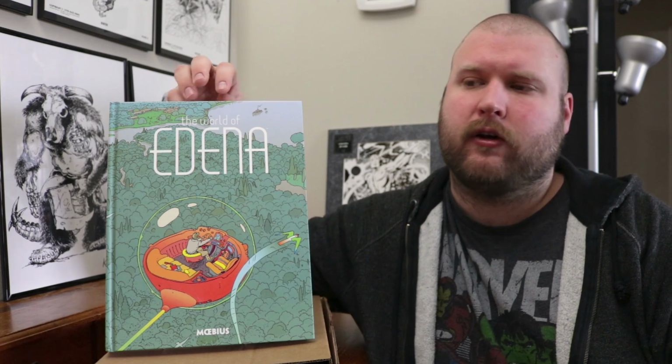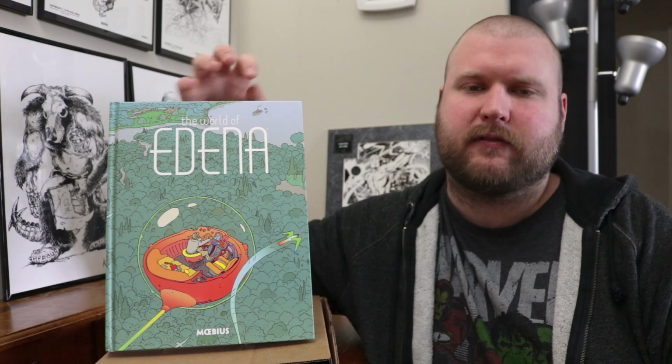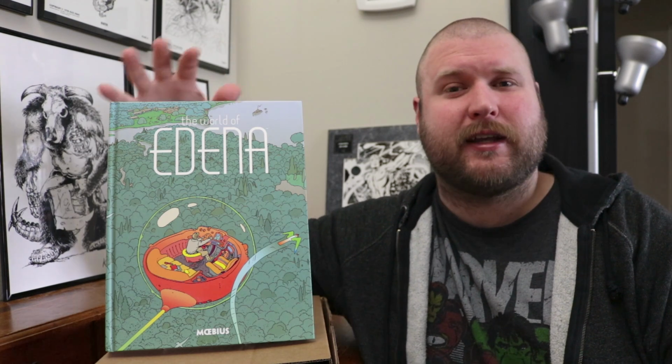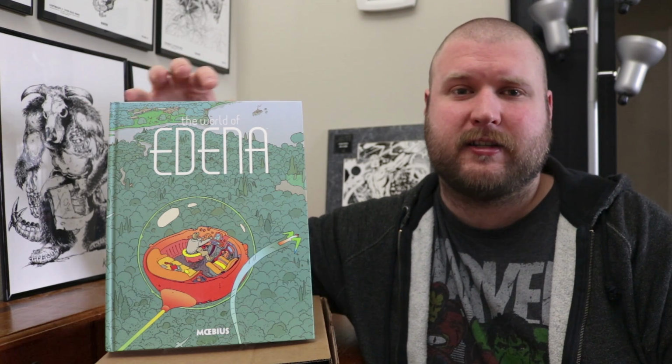I would love to see Airtight Garage put into this. I would love to see Arzak put into this. There's a lot more things that I would like to see the Mobius Library collect, but they did, I think, a very smart thing with releasing this first, because it gives you, I think, the most intimate glimpse into who this guy is. Possibly Inside Mobius gives you a more intimate glimpse, but that book, from the brief bits that I've seen and read of it,